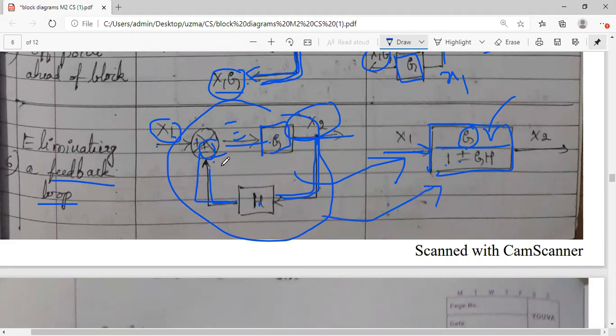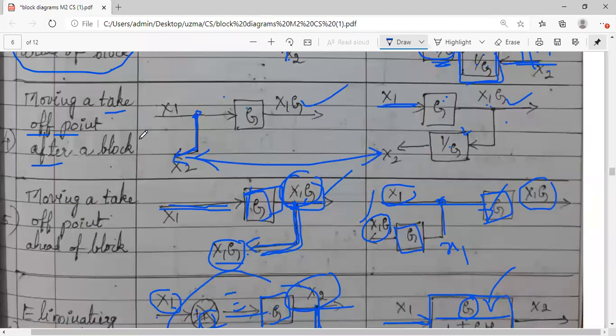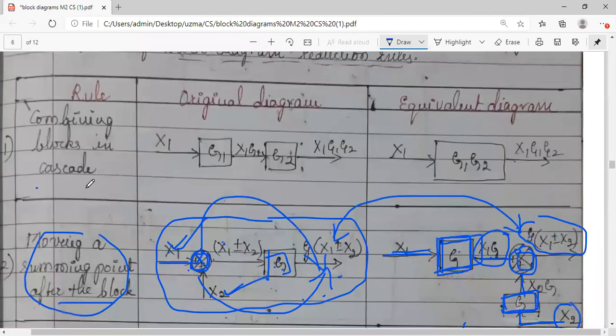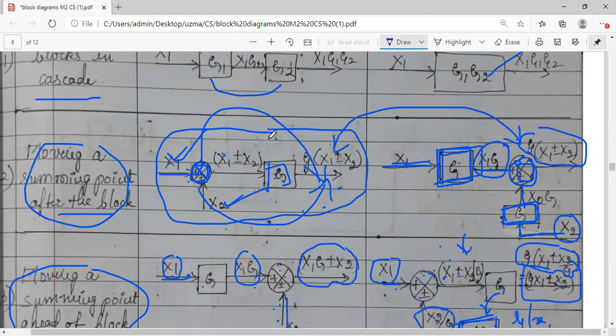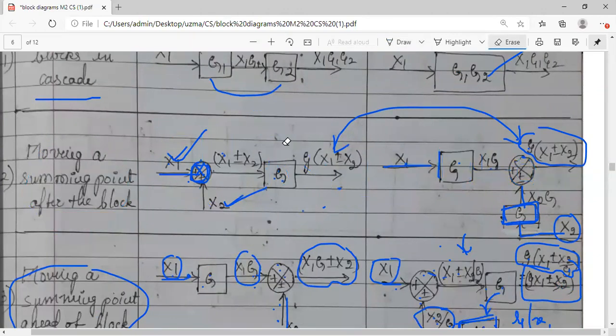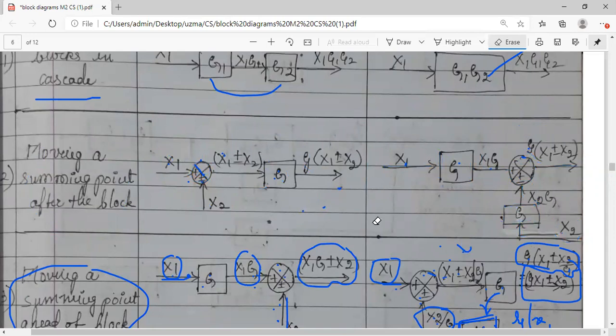So we have discussed 6 different block diagram reduction rules. What are those? Let us summarize. The very first thing is cascade. If they are connected in series, just multiply them. One more thing is you can add them as parallel also. If they are connected in parallel, just take the addition. Then moving the summing point ahead of the block and after the block. So 2 rules we have seen here for summing point movement. Either it should be before the block or after the block.